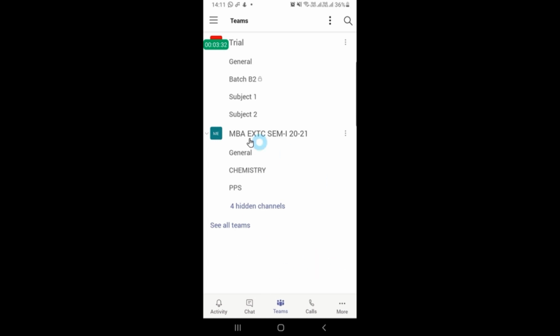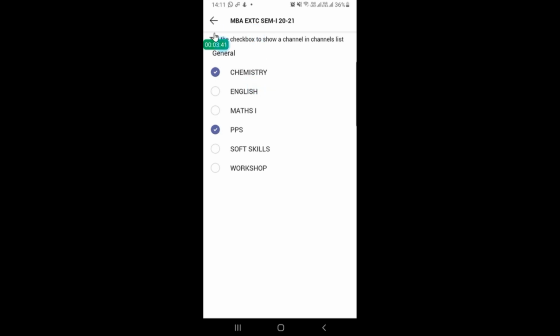Once you are logged in, this is how the teams would be there. If some channels are hidden, just click on this hidden channel option, and you can see it is asking which channels you want to see, so just click on them.